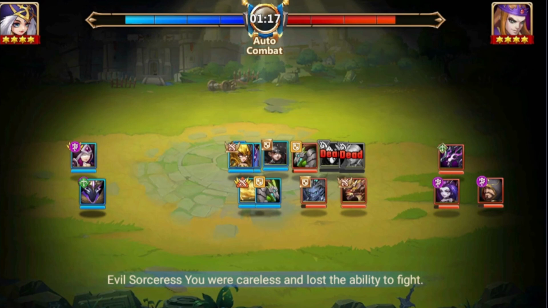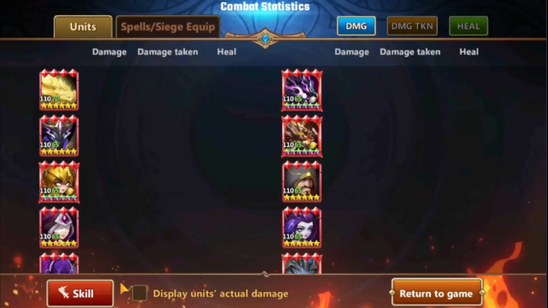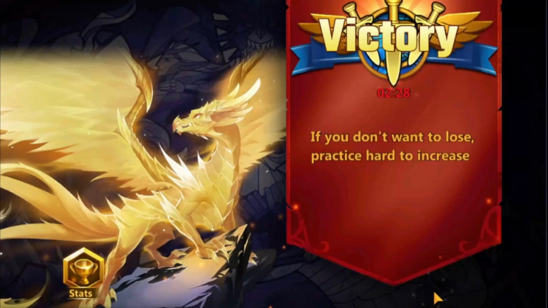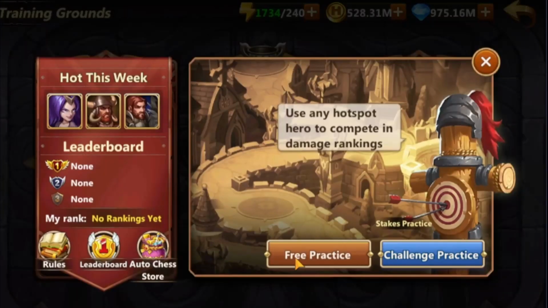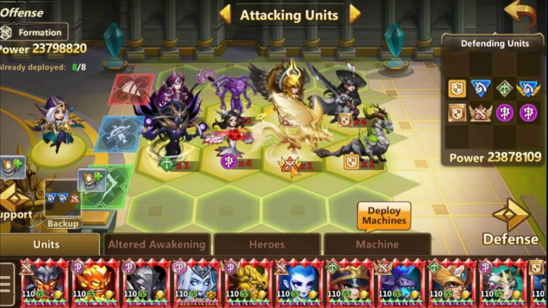As you can see, the charges are dying and they have plus 30 casting. Okay, it's not bad. Okay, and Light Dragon dishing out the damage. Okay, and this is why I like it. This team is all about the Light Dragon, guys. Now another swap. Okay,